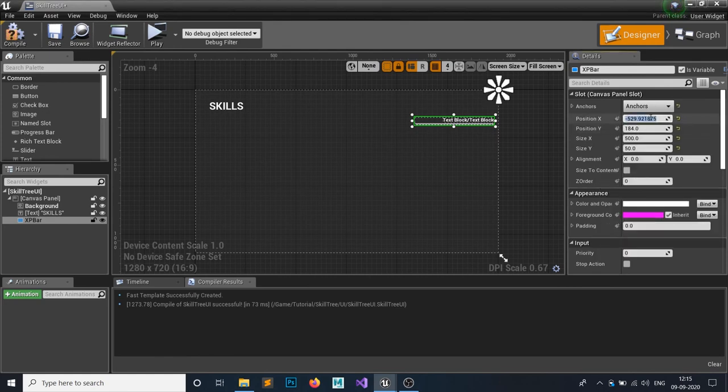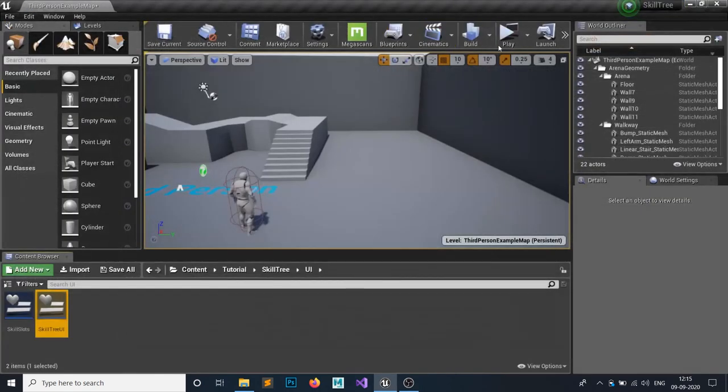Make the position 0, 0, and after that let's set X alignment to 1 and make the position of X minus 40, which would work fine for me, and the position of Y, let's say, 300. Is it fine now? It is a bit too large. 200 would be fine, let's say 150. Yes, and the size, this is a bit too large, 400 would be fine. It compiles, save. Let's see how it's gonna look.